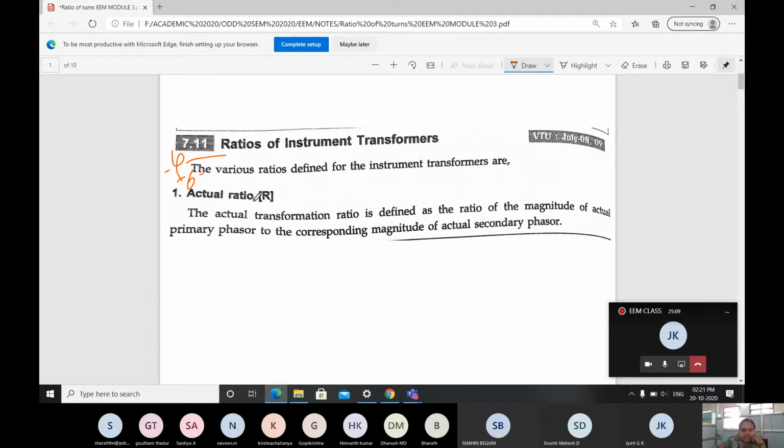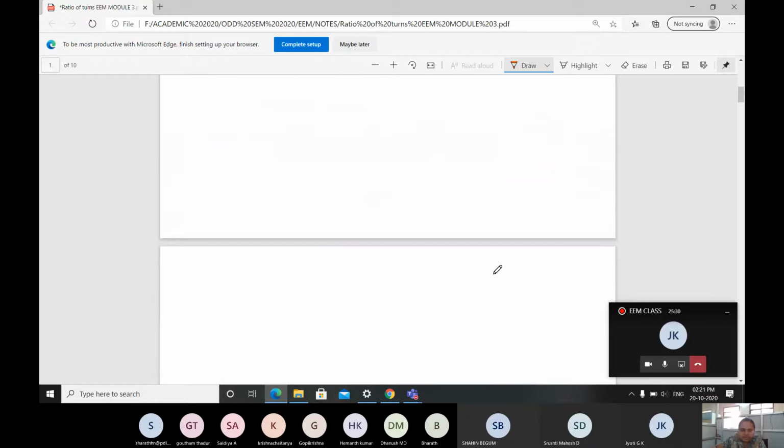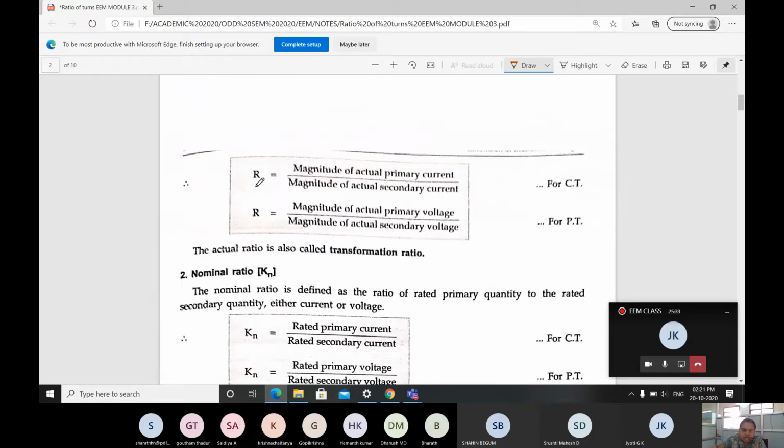The actual transformer ratio is defined as the ratio of the magnitude of the actual primary phasor to the corresponding magnitude of the actual secondary phasor. In terms of the magnitude, that is taken as R, which is going to be equal to the magnitude of